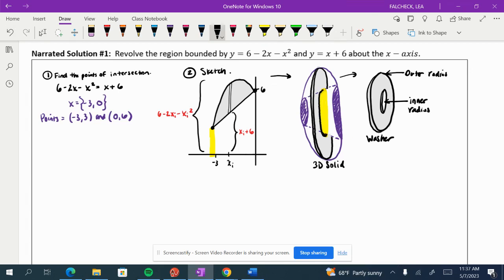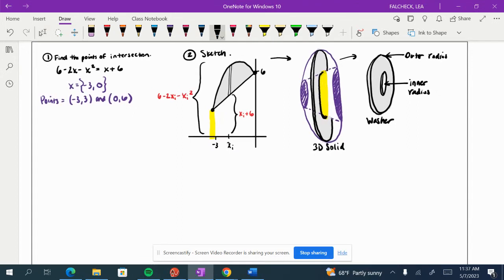So first, let's generate the volume of this washer, or our increment of volume. And the way we're going to do that is by setting up our delta V_i, or our increment of volume. And we're going to still have that pi out front because we're still technically generating the volume of a cylinder, but we have to account for the fact that there is now a space in the middle. So we need to subtract the volume of that space in the middle. So we have the outer radius, which will be generated by the function 6 minus 2x_i minus x_i squared. That whole thing is squared because that's kind of the volume of the outer cylinder,